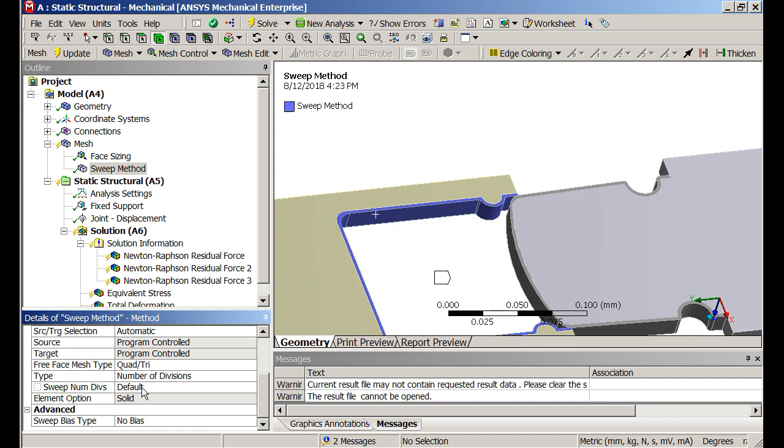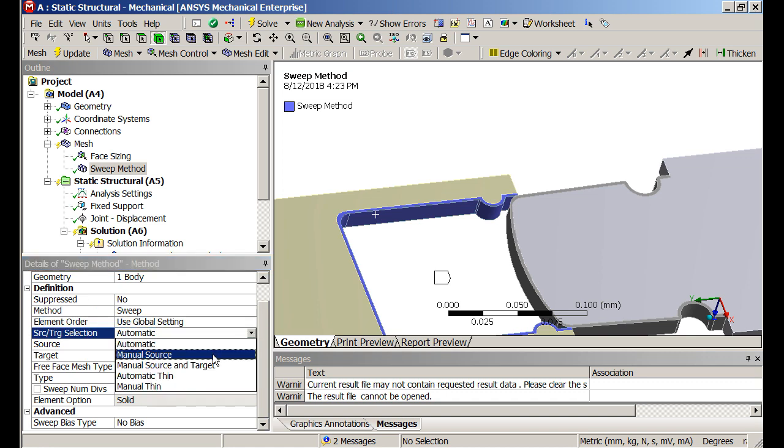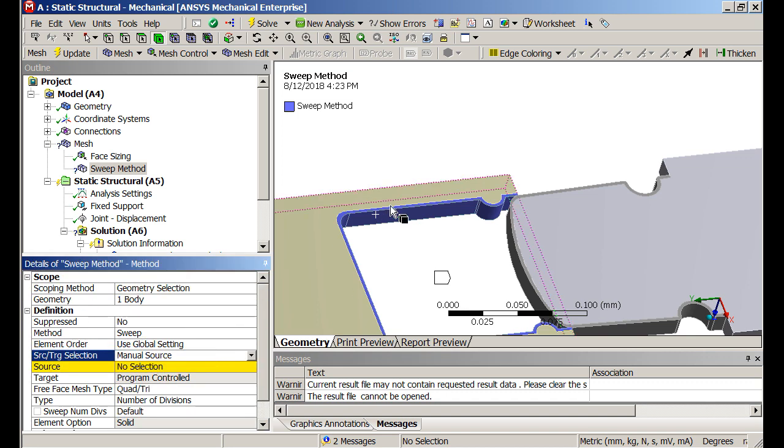So we will tell it which side we have a say in. It's going to sweep from this face to the other face, and we want maybe 2 elements in that direction, two elements along that direction,